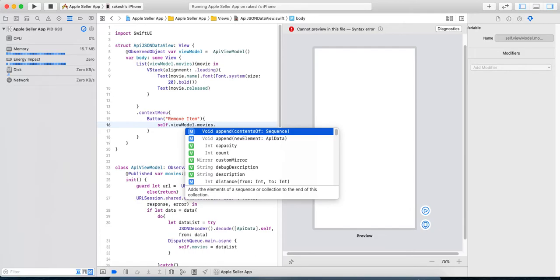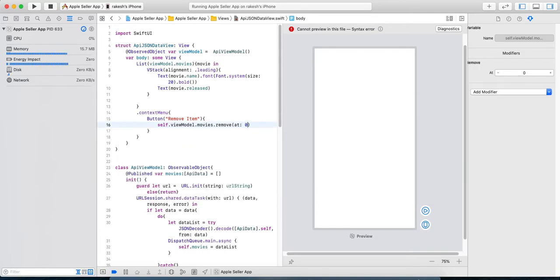For now I am removing from the first index, because for a particular item we would need the index of wherever I have clicked. But for now I will only click on the first item and remove it from that array.